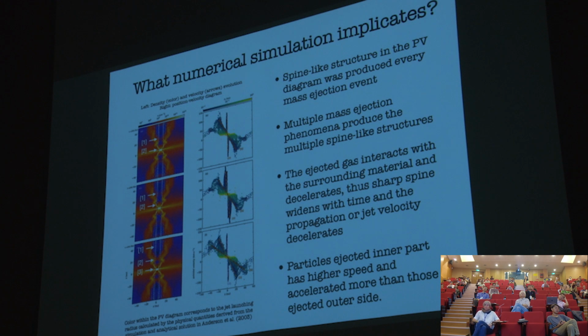So then we can also see that the first ejection has already happened, and this corresponds to this. Now the second component just ejected, showing like this. So the particle is accelerated now, but after some time the acceleration stopped because they were interacting with the surrounding material, and they started to decelerate. So they started to show the spatially extended structure, so it's moving that way, but also the velocity